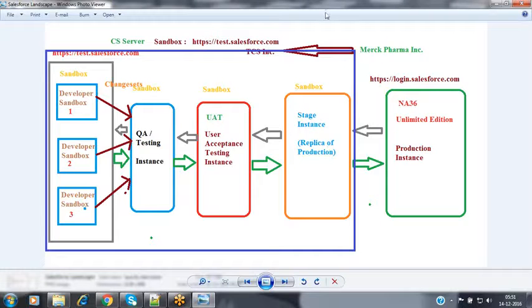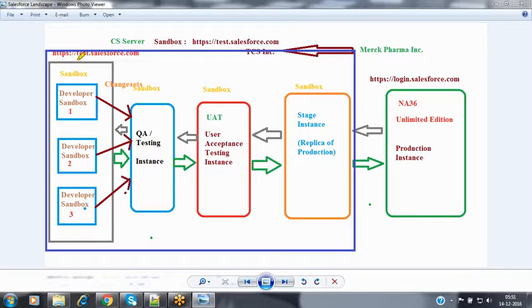In this landscape, as soon as the customer provides the production instance, from that they are going to create a stage instance over here. In every organization, they maintain their own landscape, nothing but their own different environments inside application development.